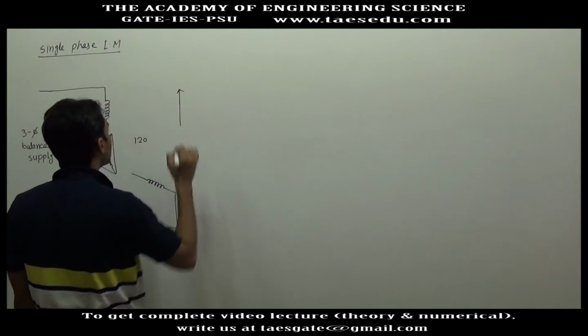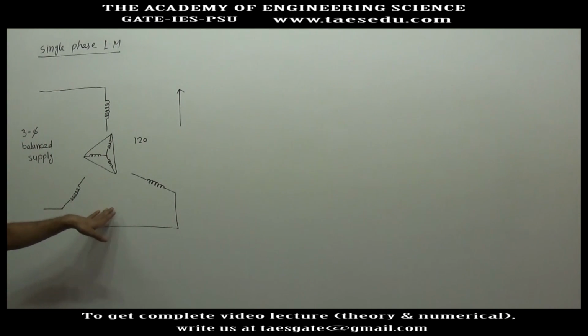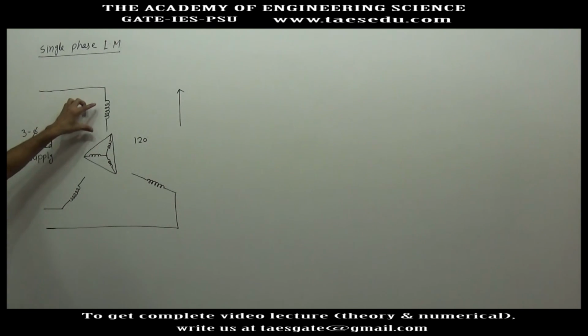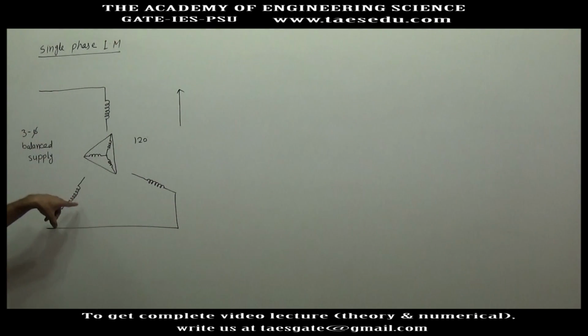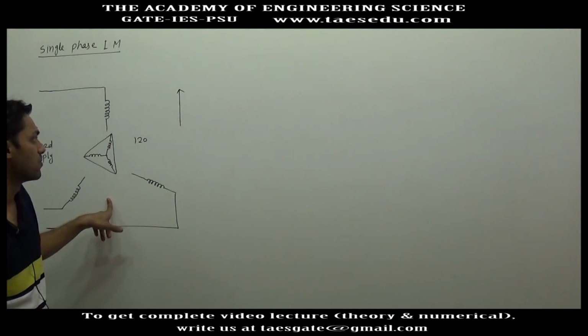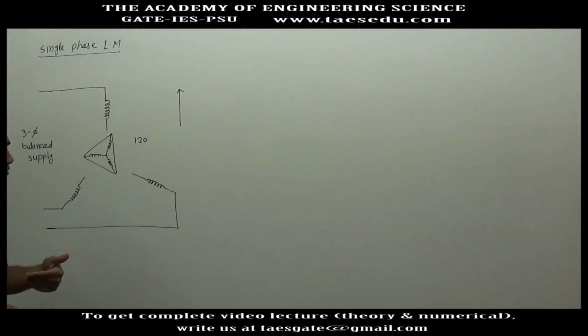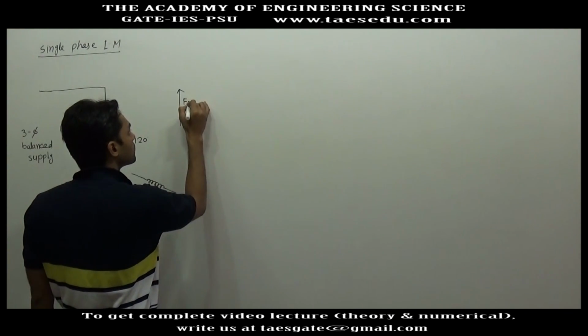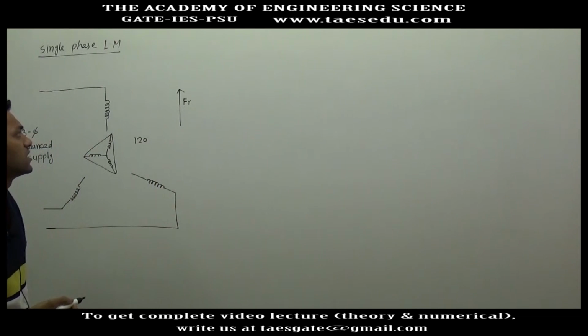There will be an equivalent field due to all these windings. Actually, there will be current in all these three windings, and due to current, all these three windings have their own MMF, and combining all those three MMF, we will have a resultant MMF. So these we have already studied,